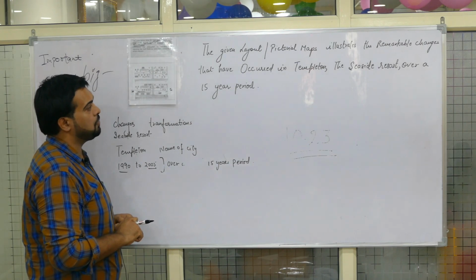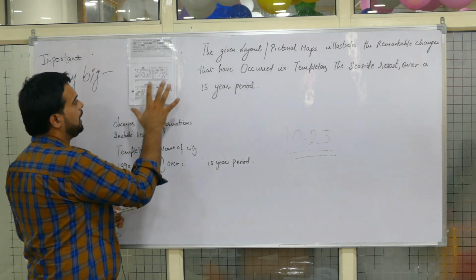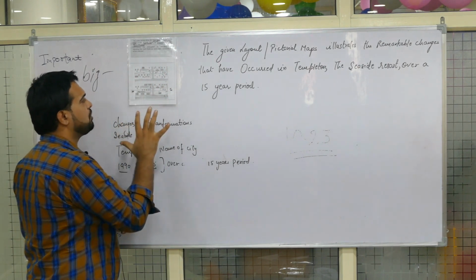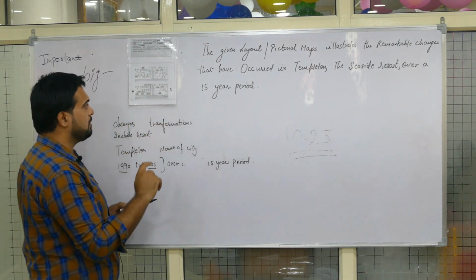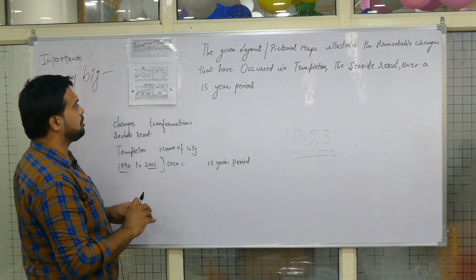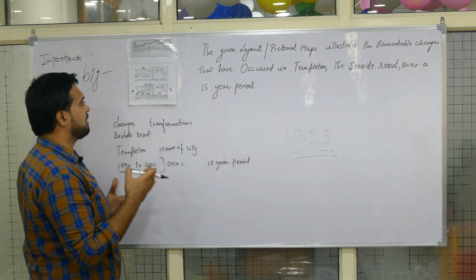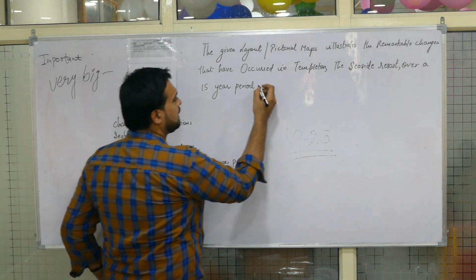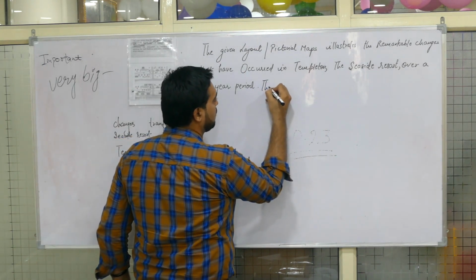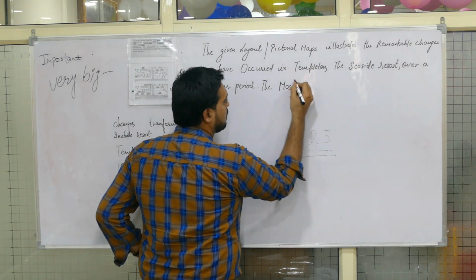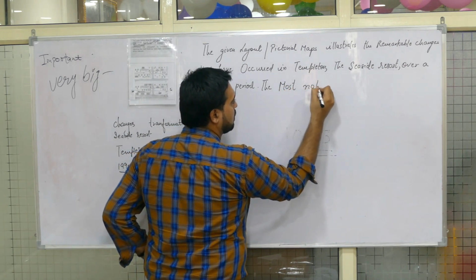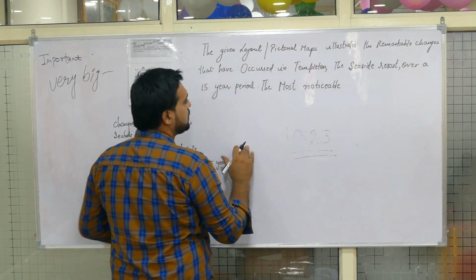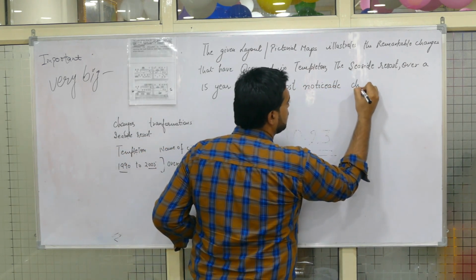So here what we need to add more, we have to find out what exactly the changes have taken place. There are so many changes actually between the period of 15 years in terms of transportation, business sector, residential landscape, so many transitions we have seen. So what line actually we need to write here, the most noticeable change